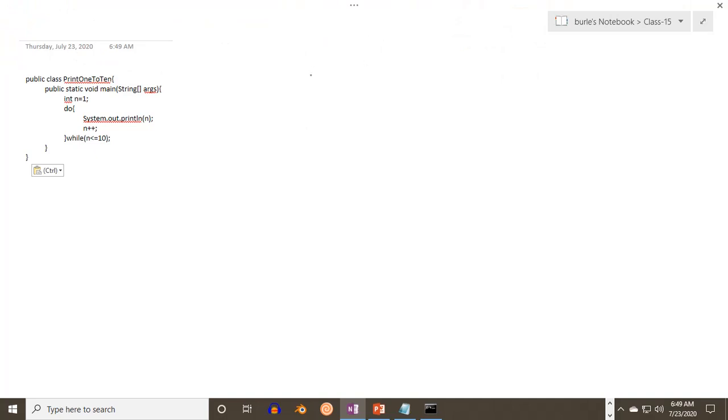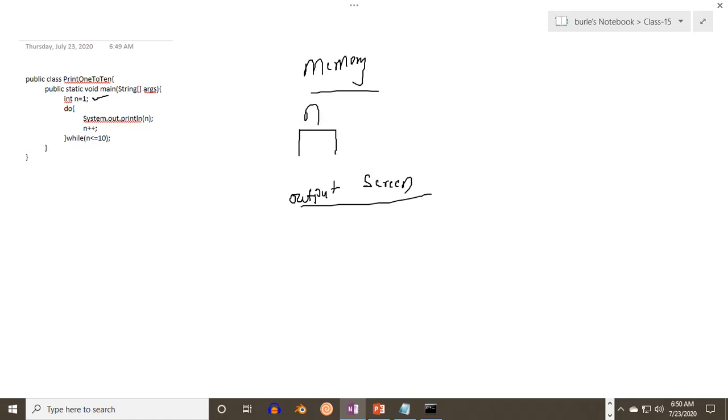As I said, a program always has two things: one is your memory, second one is your output screen. Initially your program will be executed, and whenever it comes to this line int n equal to 1, this is known as variable declaration with initialization or variable definition. So n will occupy a space in memory and make it as 1.